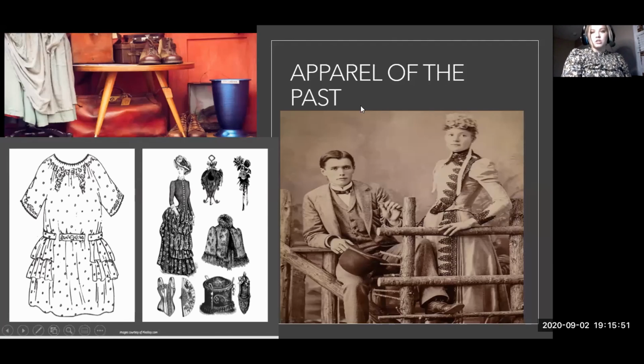Can anybody look at what's on our projector over here? And can anybody show me some evidence? Remember, evidence is just a sign which shows that something exists or is true. Remember, we've learned this. So can anybody show me some evidence that would help us to show how the fashion or the apparel that they wear is different in the past compared to the present?